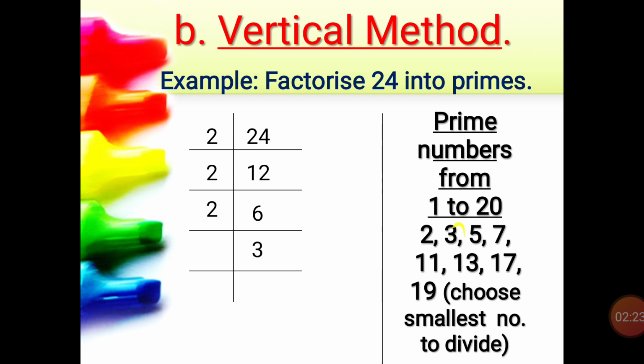We can see 3 is a prime number already written. So we will choose 3 to divide. And quotient is 1. As we get quotient 1, our division ends over here. And now the numbers which we have written on the left hand side are nothing but the prime factors of 24. And we will write factors in the form of a product, that is 24 is equal to 2 into 2 into 2 into 3.